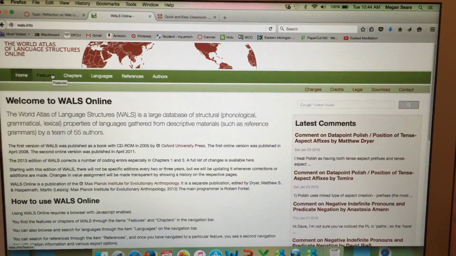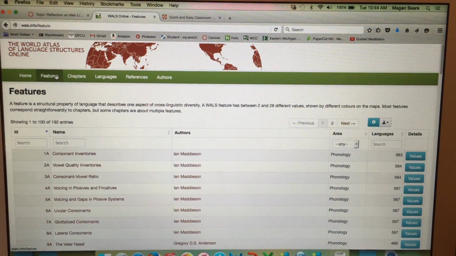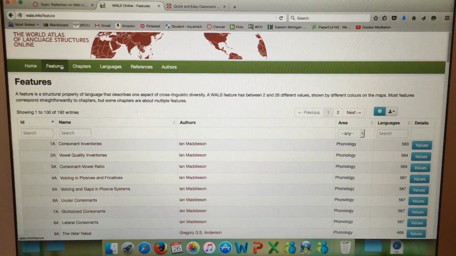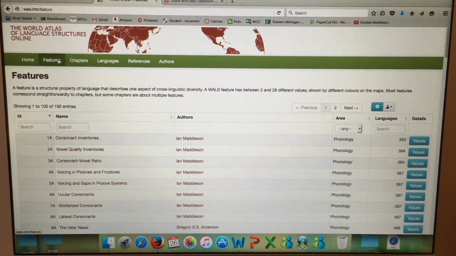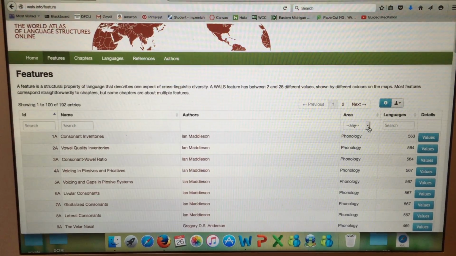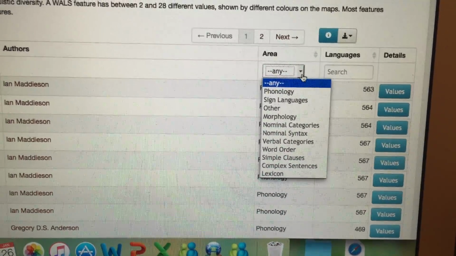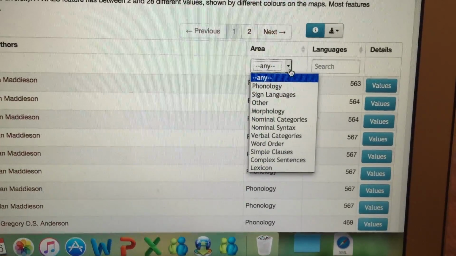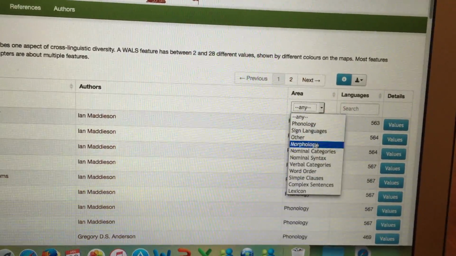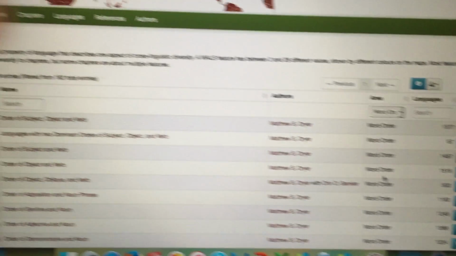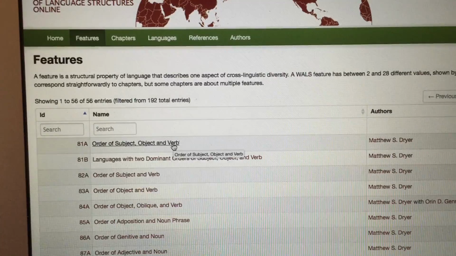So the first thing I did when I came to this website was I clicked on Features, and this brings up a list of different phonological, morphological, syntactical structures that you could look at. And it allows you to isolate a specific property that you might be looking for. So phonology, word order, anything like that. So I'm going to go ahead and click on word order. And I'm going to take a look at order of subject, object, and verb, because that's something that is a